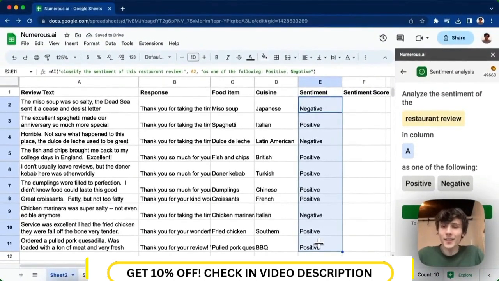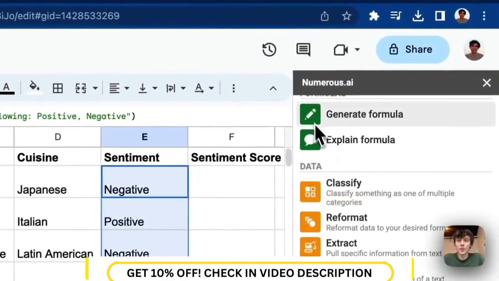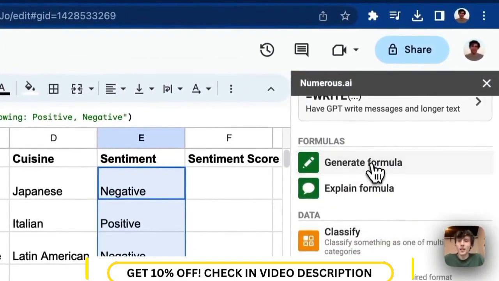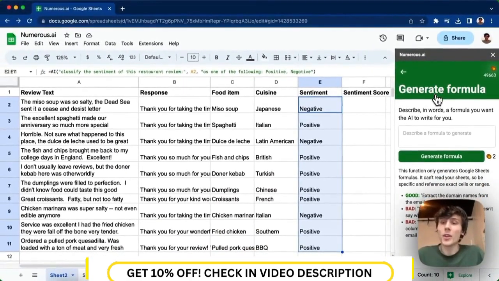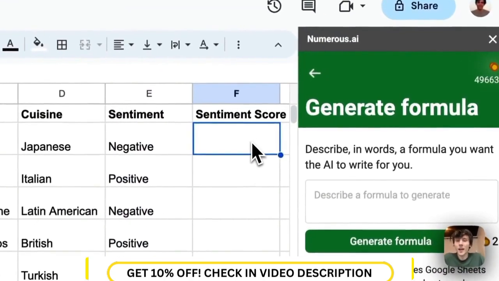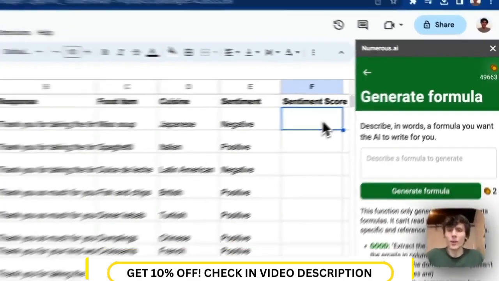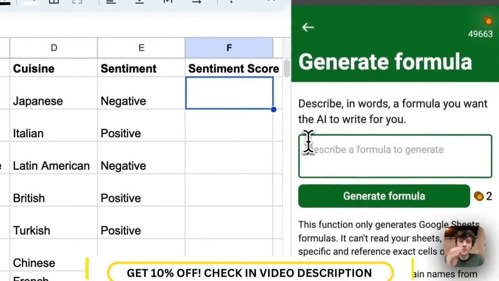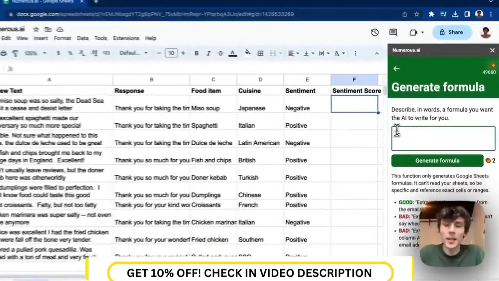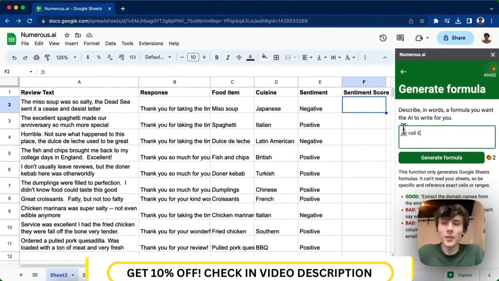The next thing I want to do is use another tool called Generate Formula. If you want to generate a normal spreadsheet formula, but you don't know exactly how to do it, you can describe to the AI in words exactly what kind of formula you want, and it will make it for you. So in this case, in column F, I want either a 1 or a 0. 1 if the sentiment is positive and 0 if it's negative. So I will say in cell E2,